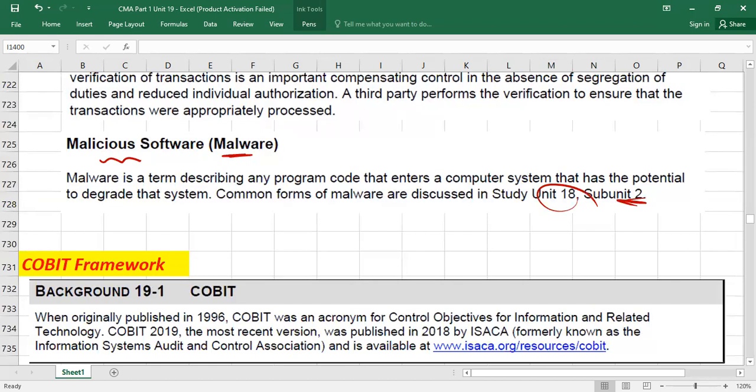So far, what we have discussed: I told you what system availability is, and how you can ensure that your system is available whenever it is required. Then I told you there are certain risks to our data, because nowadays we store data in computers.